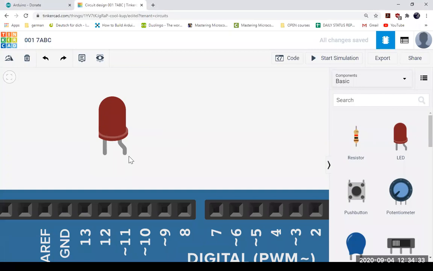So anode and cathode. Anode will be plus and cathode will be minus. इसको याद कैसे रखना है?